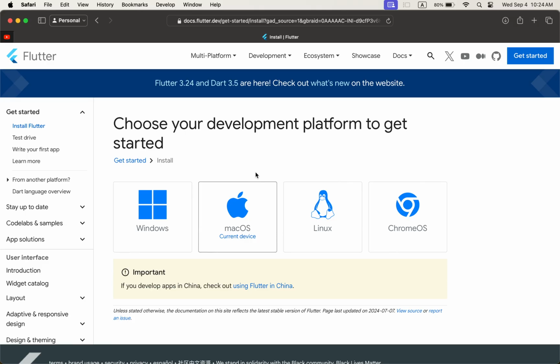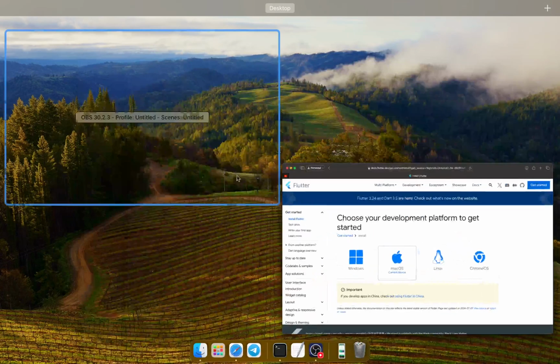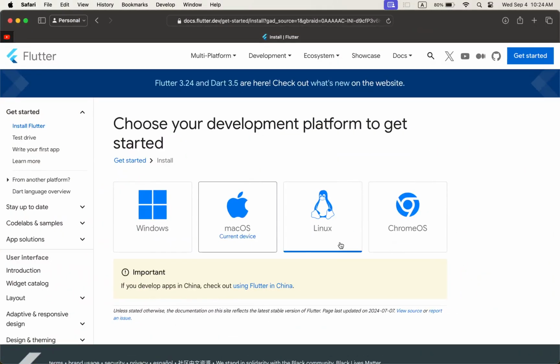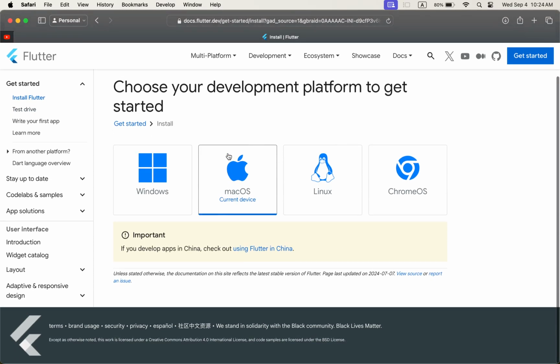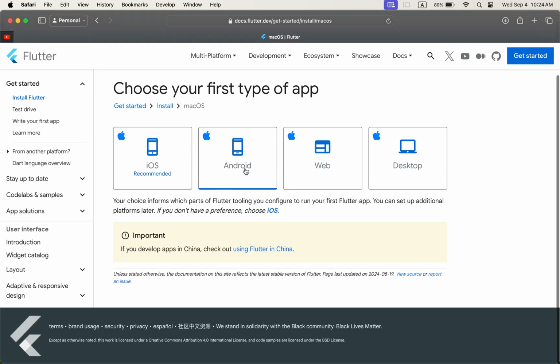I have searched lots of videos, documentation and tutorials, but there is no simple way to install Flutter. Those are trying to complicate the installation of Flutter. Today I'm going to show you how you can simply install Flutter and use the path for the installation. So what is the problem you are facing? You can see that there are lots of ways you can